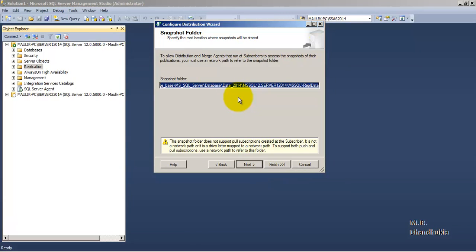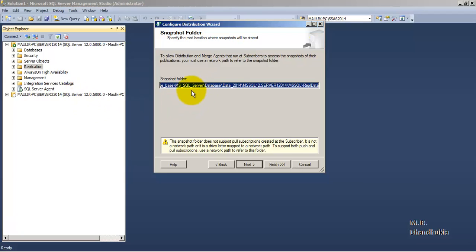In transactional replication, initially one snapshot will be created and placed in this folder. With the help of this snapshot, the subscriber will be initialized. After that there won't be any snapshot getting created. After that only the differential transactions will be tracked.